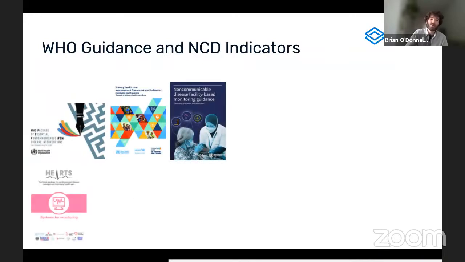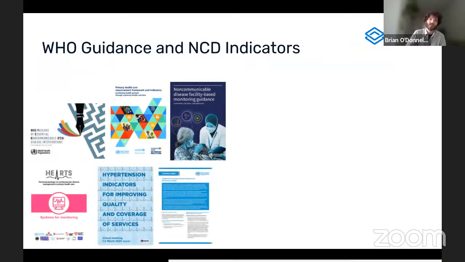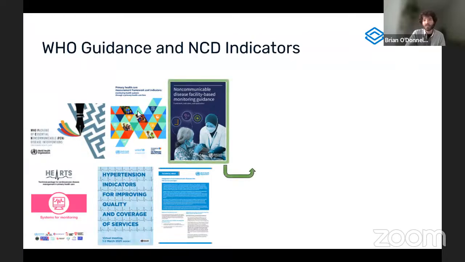To combat this trend, over the last 10 years, the WHO has released a number of technical guidance documents to support integration of NCD service delivery. This includes the PEN package and HEARTS guidance. And it's also offered frameworks to strengthen data systems for NCDs. And really, a lot of this came together with the NCD facility-based monitoring guidance that was shared in November of 2022. Not only does this guidance propose 22 core indicators and 59 optional indicators to monitor primary care interventions for